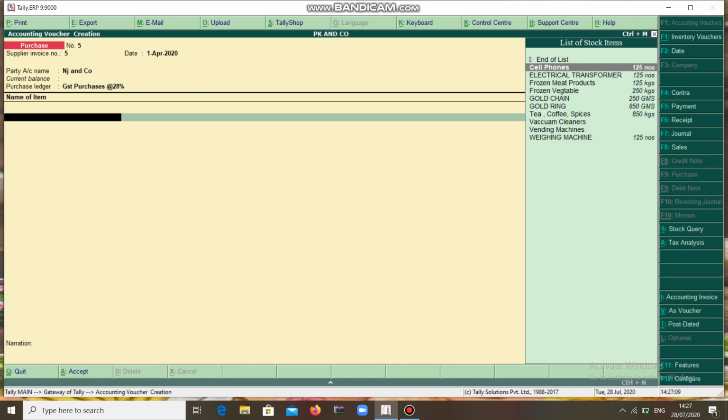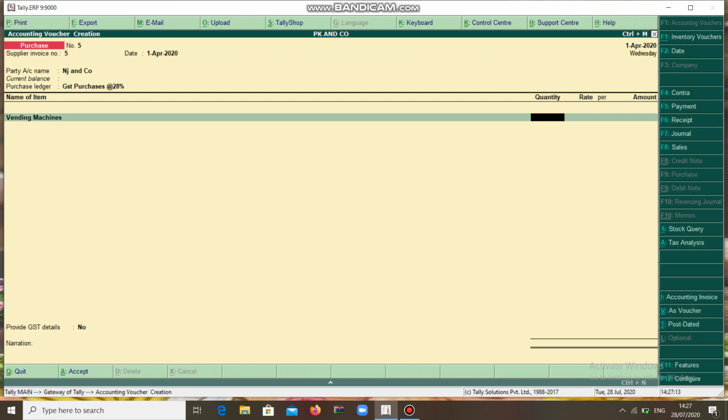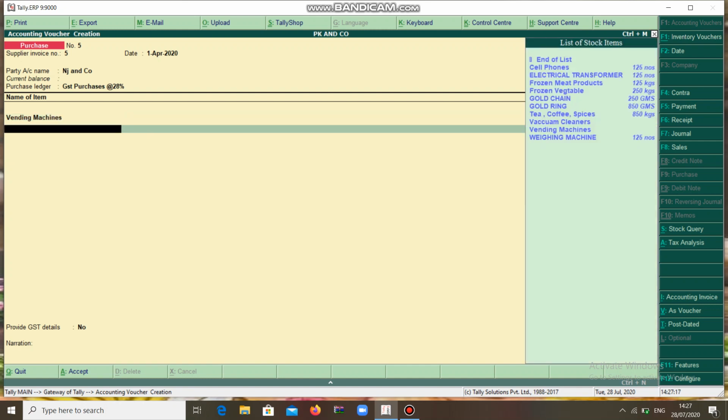Here you can take vending machines, another one, motorcycles, otherwise whatever items I have given, like weighing machines,